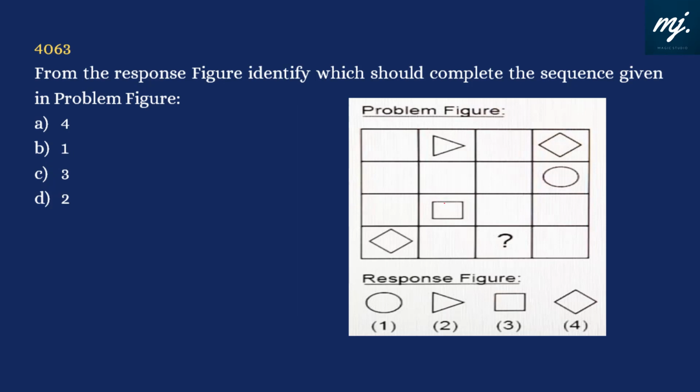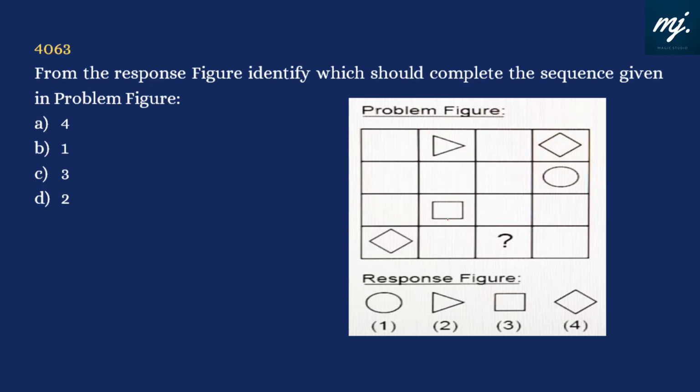Again, the same type of problem figure, but on a different screen. This question was the same, but it is not being shaded. So which particular figure out of these 4 should appear here? We can see that circle can't be at this point. We can end up with circle here. The triangle is not at this point.